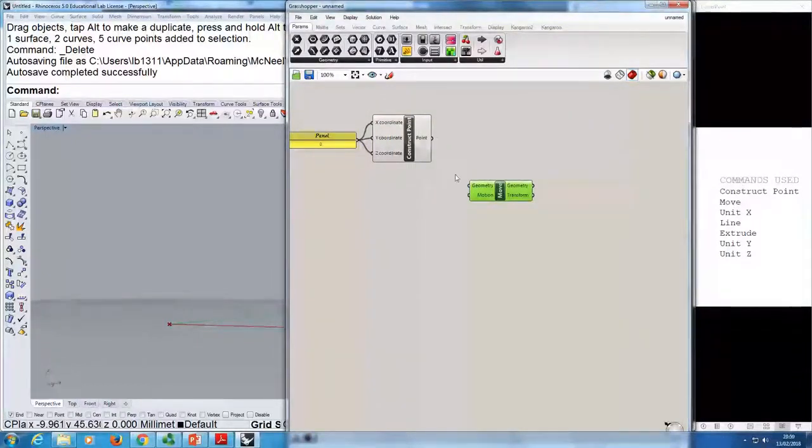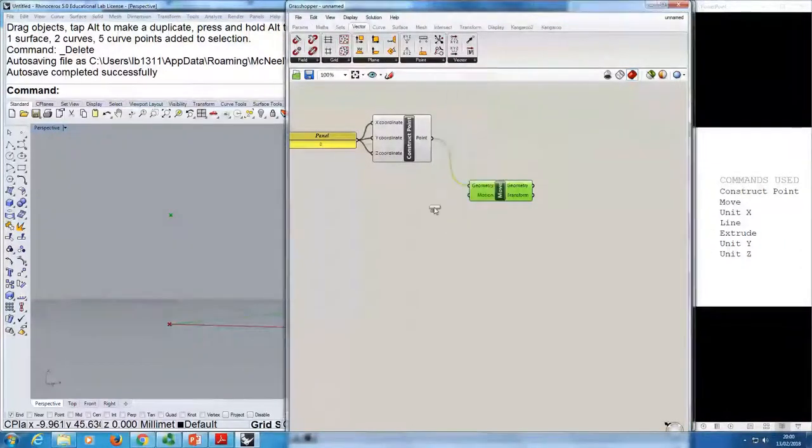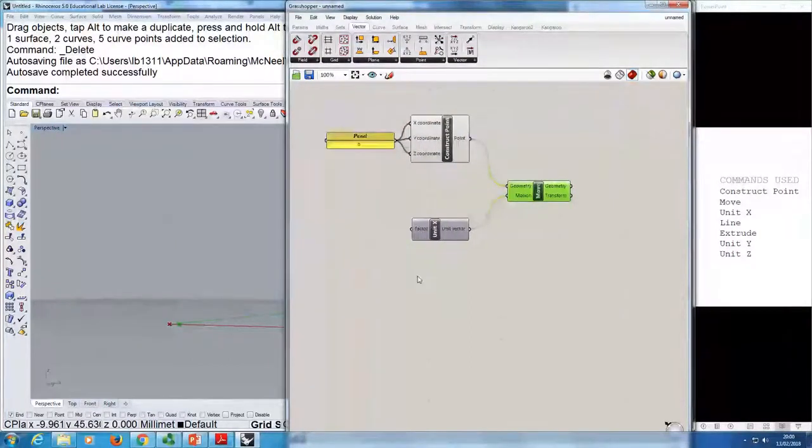If you feed point in geometry, that's the geometry we want to move. And motion, if you just stay over the word, it tells you what it needs. So it needs a translation vector, and by default it goes 10 in the Z direction. Actually, I want to go in the X direction. So in vector, you have a bunch of options, and if I select unit X, feed it here,